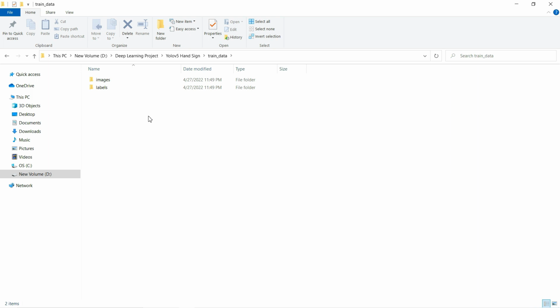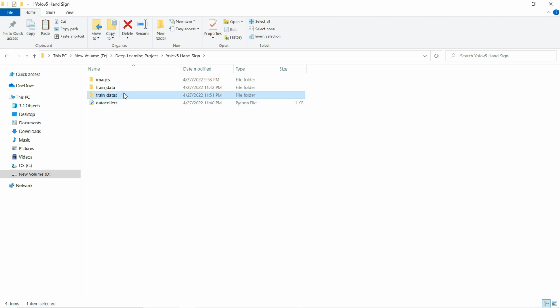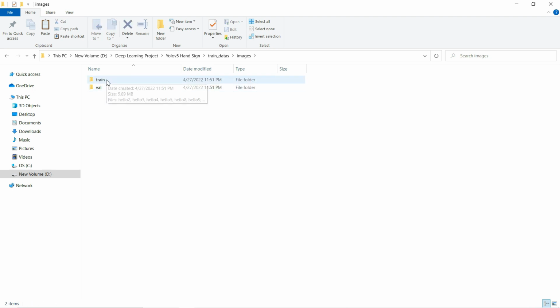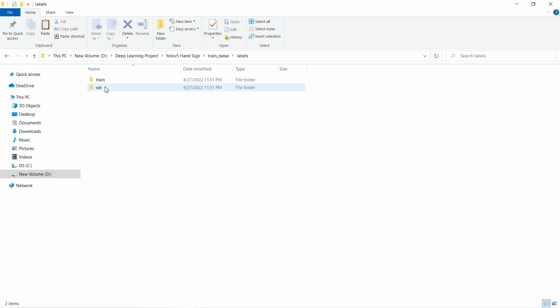So I already split that into the training and the validations. I'm going to paste here one file that's called train data. Inside this folder, you can see images, and it has two folders, one called train. Inside this train, you can see all the images for training, and inside the labels folder, their